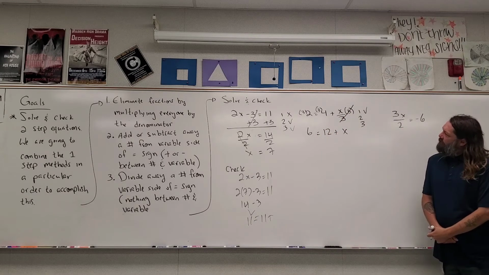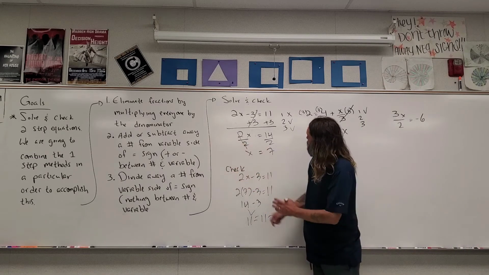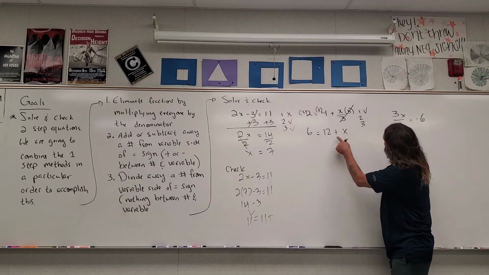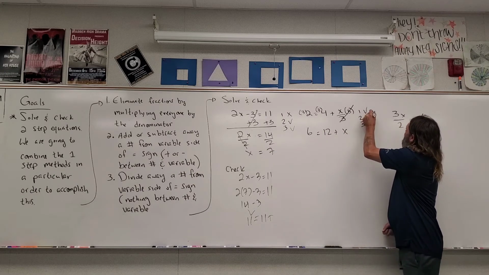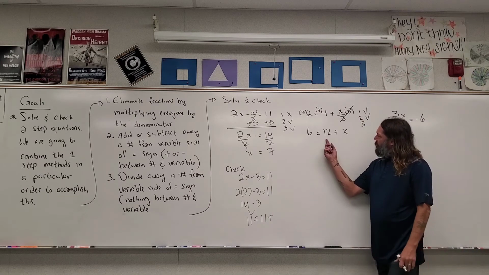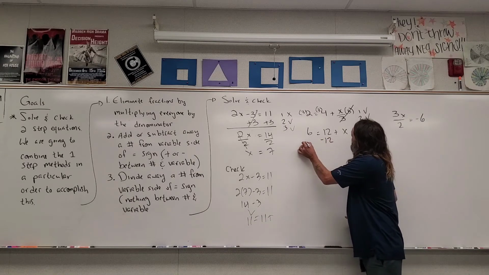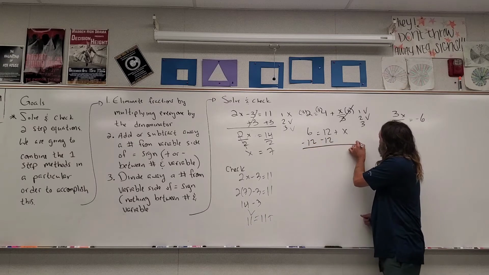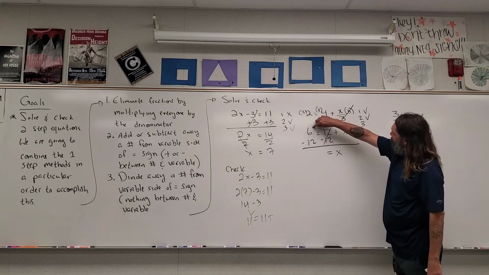Now let's see if I have the second step. Can I add or subtract away a number from the variable side of the equal sign? So that means I have a plus sign between a number and a variable. I do have that. And so what I need to do is get rid of this positive 12 that's with the x, and I do that by subtracting it. So I'm going to subtract 12 from both sides. That 12 cancels out. I'm left with my x, and x is equal to, let's see here, 6